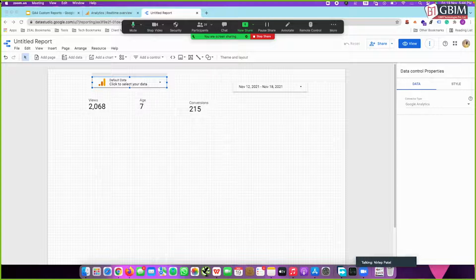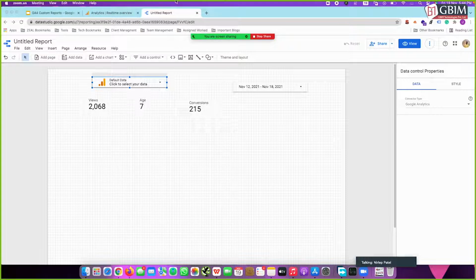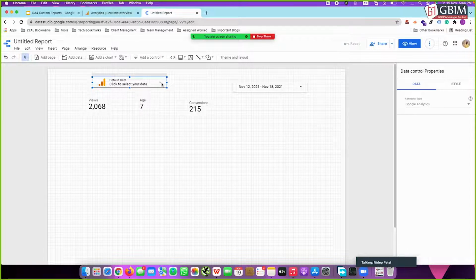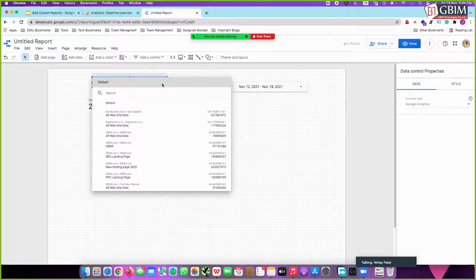Okay, so basically this is, I guess, a screen like you can see on Google Data Studio, and are you going to add your custom numbers and everything? Custom elements, the views, age, conversions. Yes, and we do have that option like the drop down option, you can select the date range, what date range you want for your information. Then we have the client option, you can connect.